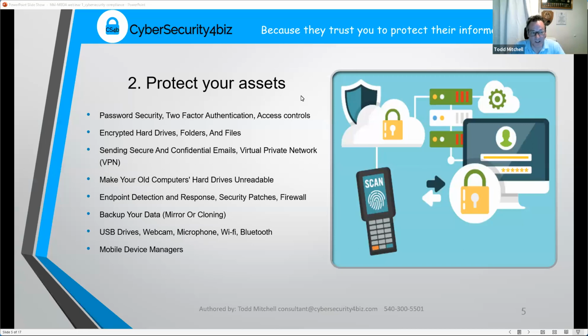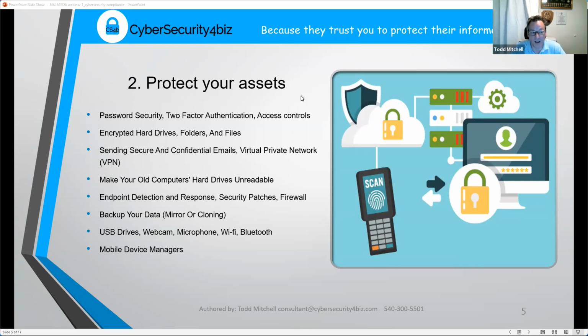Endpoint detection and response, that's kind of the new buzzword for antivirus, anti-malware, anti-phishing, anti-spam, anti-ransomware. They kind of got sick of calling all these different things anti-something, so they finally came up with a big name that encompasses all of it together, and it's just called endpoint detection and response. And the other thing you want to make sure of is that it is up and running properly. It doesn't matter specifically what brand, whether it's Bitdefender or Trend Micro or McAfee or one of the other big ones, Norton, or you're using what came with Windows, as long as you have something in place.